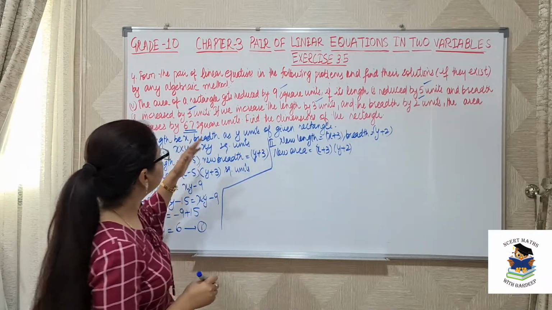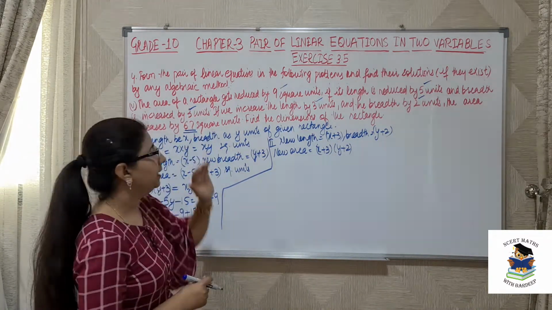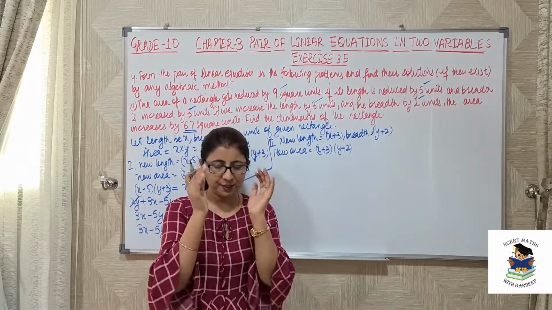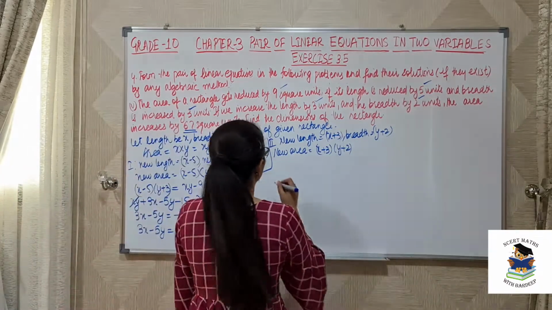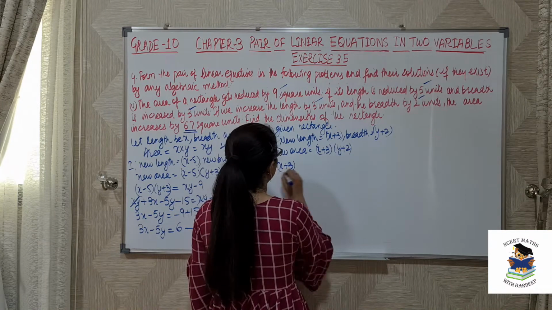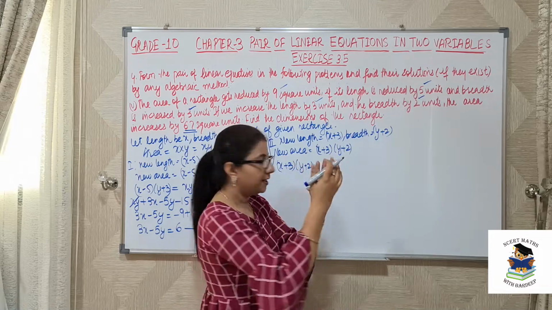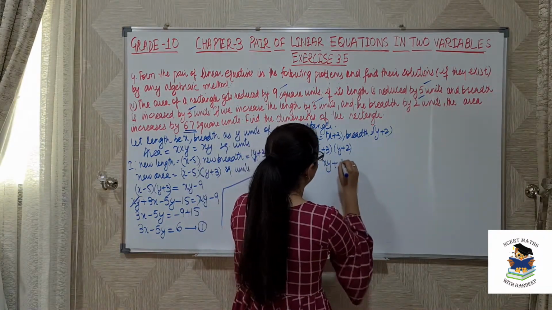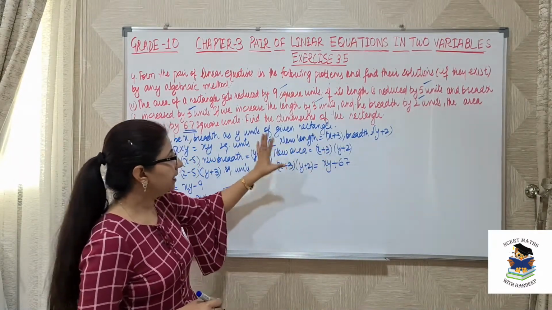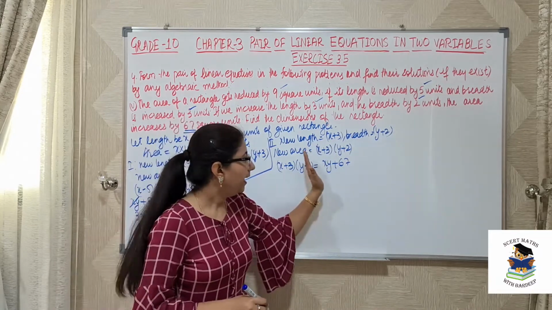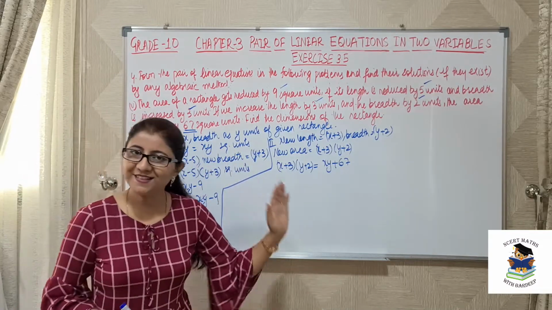So now what is given? That this new dimensions will give me area that is increased by 67 square units. So this means this new area is 67 units more than our original area. So we will write new area, that is x plus 3 into y plus 2. This is more now. How much more? 67 units. So original is xy and now it is to be added. This is the main point here, that new area is increased by 67 units. So this is xy plus 67. Here it was reduced by 9. So it will be xy minus 9.